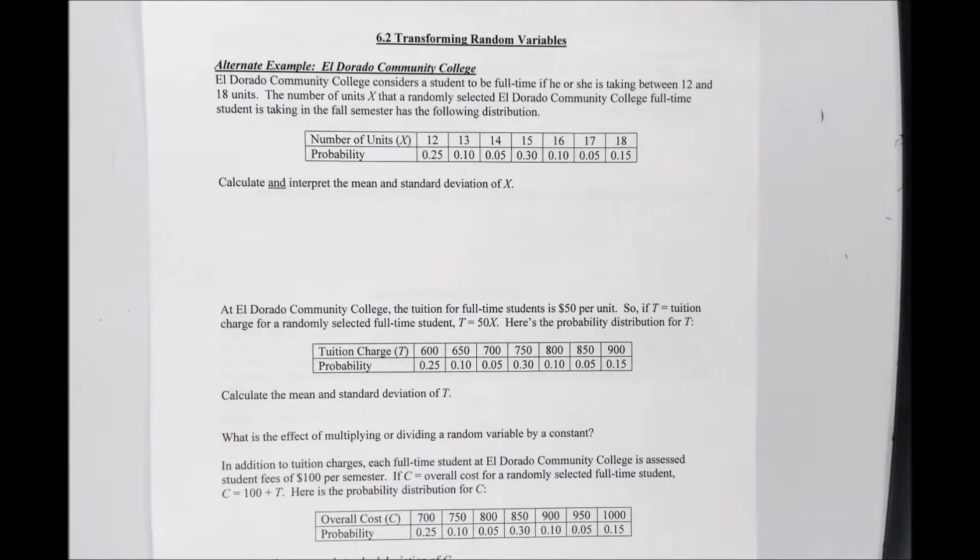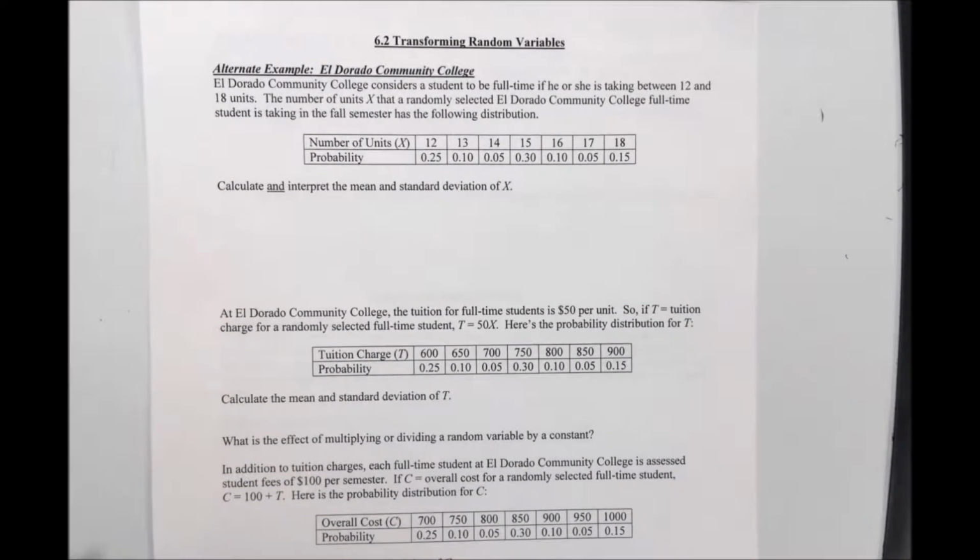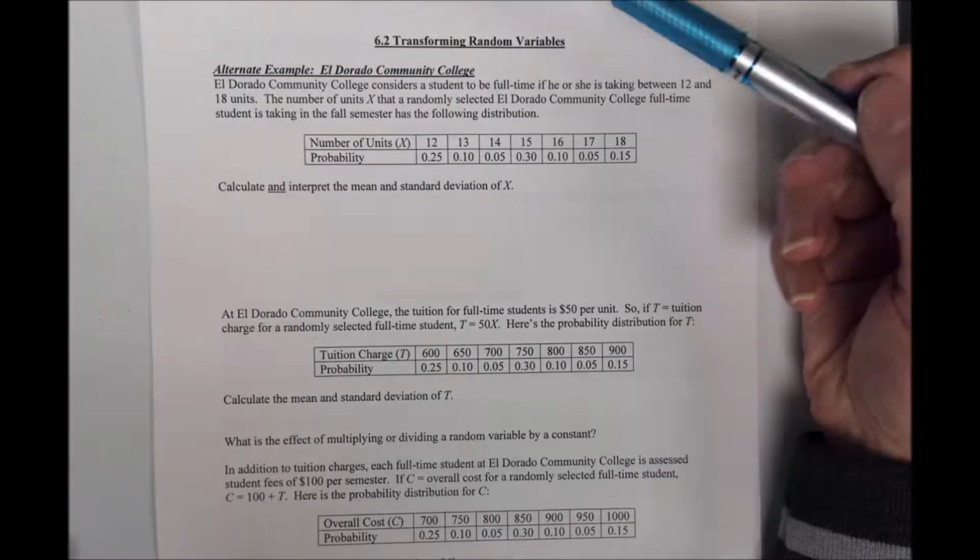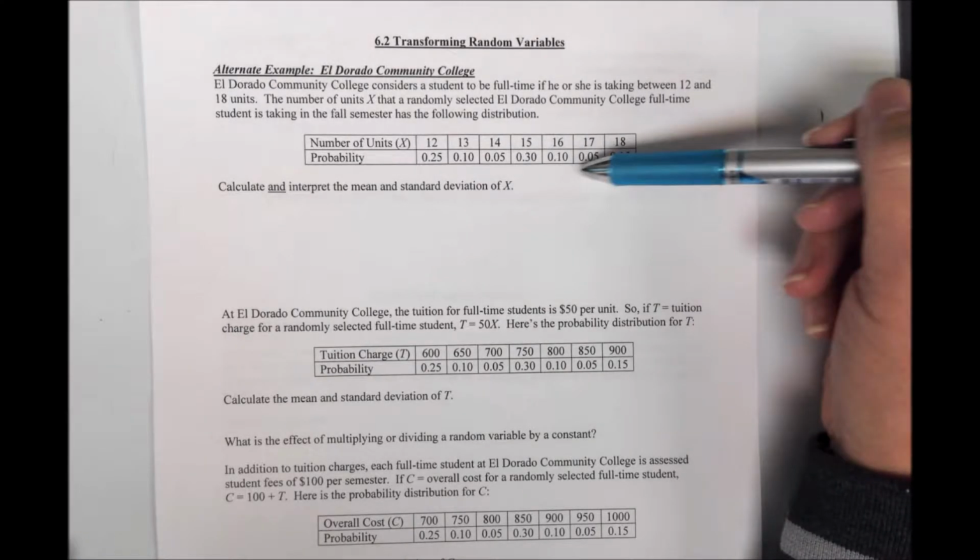Okay, this is section 6.2, transforming random variables. We're going to actually do things that applied in chapter 5. So I'm just going to jump right in to an example because we already know what a probability distribution looks